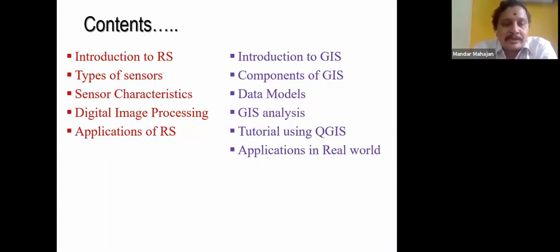In the last, we will see what are the applications of remote sensing. Then we turn to what is GIS. Then we will see what are the different components of GIS. There are two different data models, called the raster model and the vector model. Then we go for the analysis, how any system in GIS can analyze. Then we will go for a little example, which I'll take in the form of a tutorial.